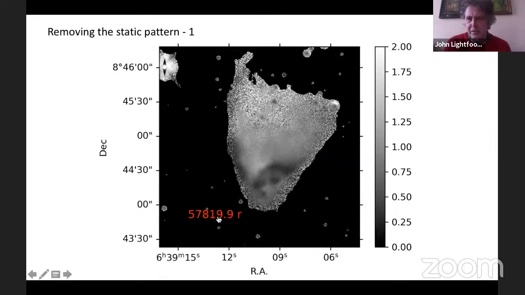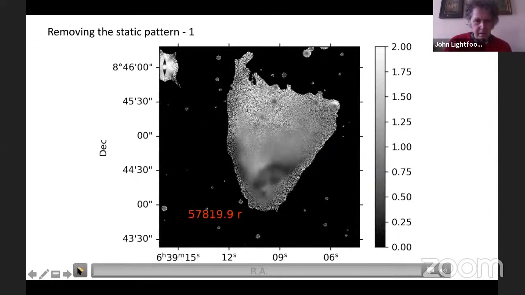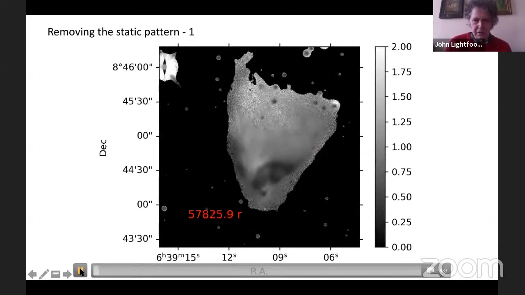So the first way I tried to do that was to take all the observations and develop a median image of the static nebula, literally a median value of all the observations I had, and then divide that into each individual frame measurement of the nebula, so that ideally you would just get the shadow pattern left. So this is the resultant video.